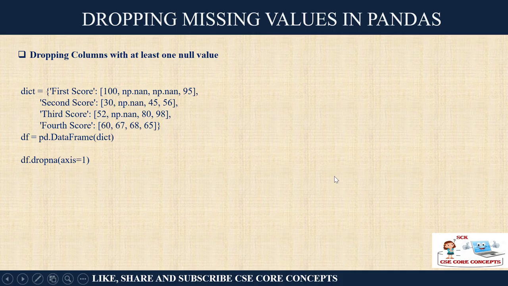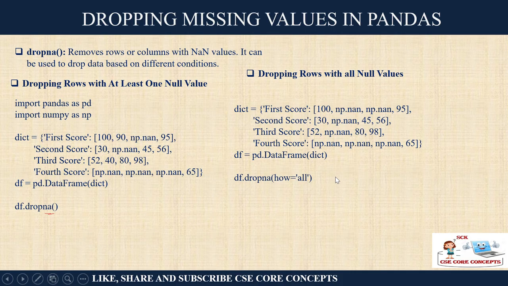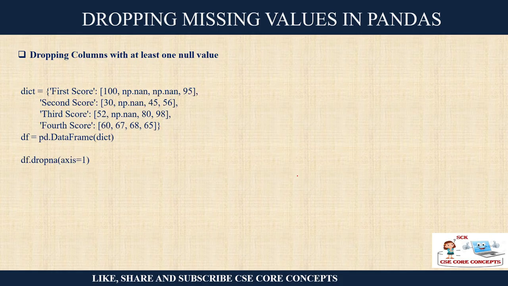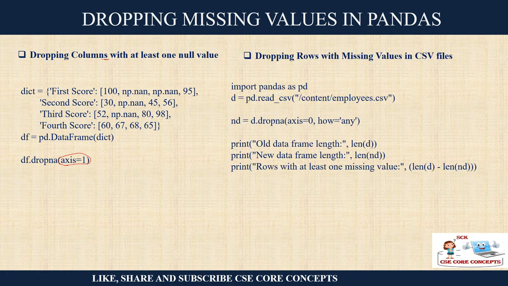There are many features, right? So you can use the axis. I hope you remember, axis one is column, axis zero is row. So if you are saying dropna, how do you want to drop? How equals all means all rows having null values will be dropped. And here you are writing dropna axis 1, so you are dropping the columns having at least one null value. Dropping rows means axis will be equal to 0.